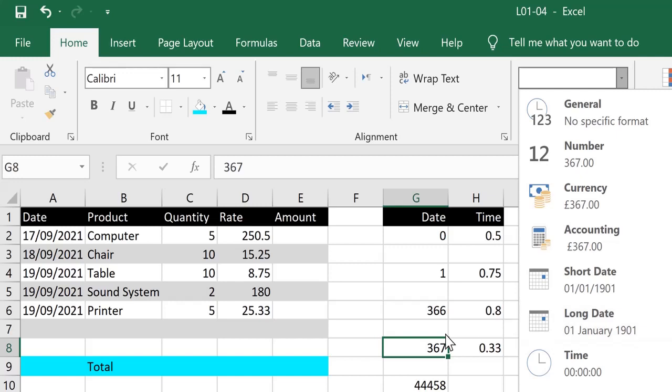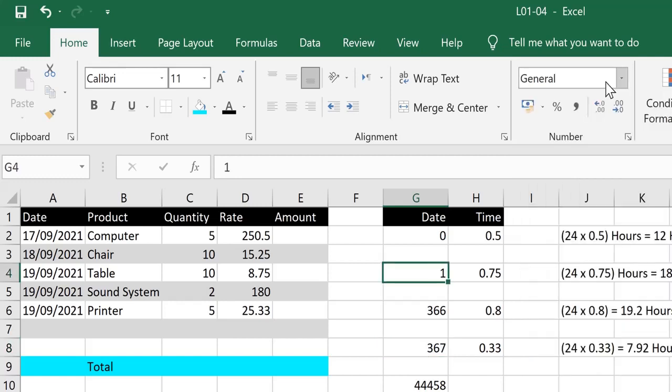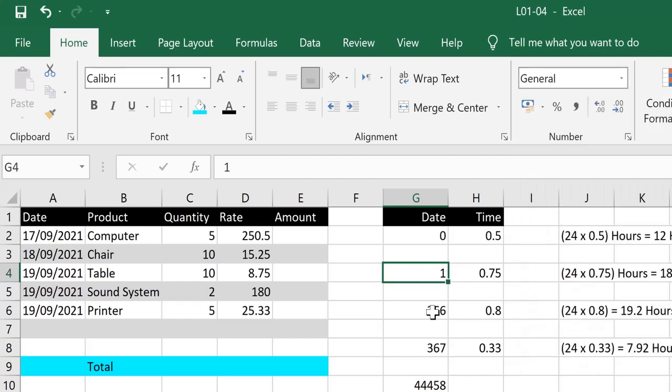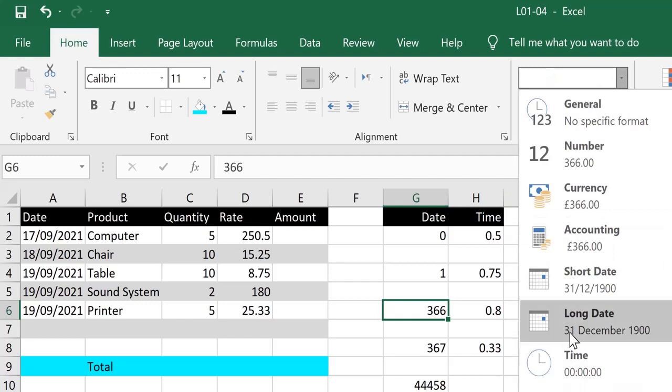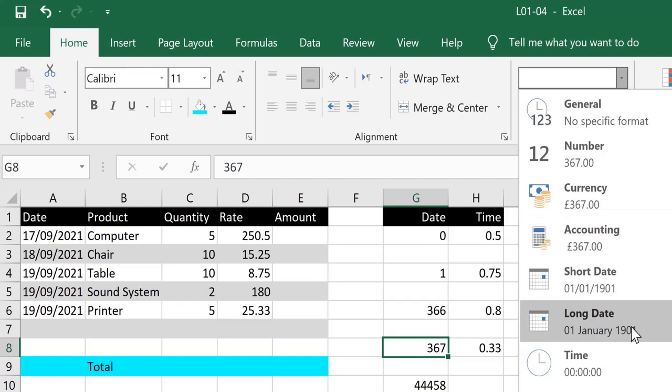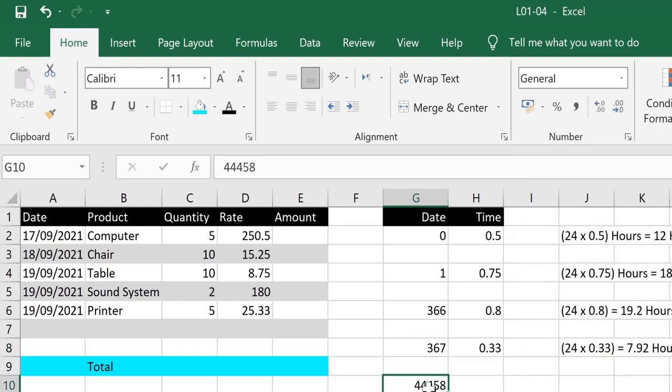So in other words, every figure that is written in a cell represents a particular number of days starting from 1st January 1900. Number 1 means it is the first day of 1900, and number 2 means it is the second day of January 1900, and 366 means it is the last day, 31st December of 1900, and by adding one more to 366, 367 means the first day of the next year, 1st January 1901, and this is the figure that is